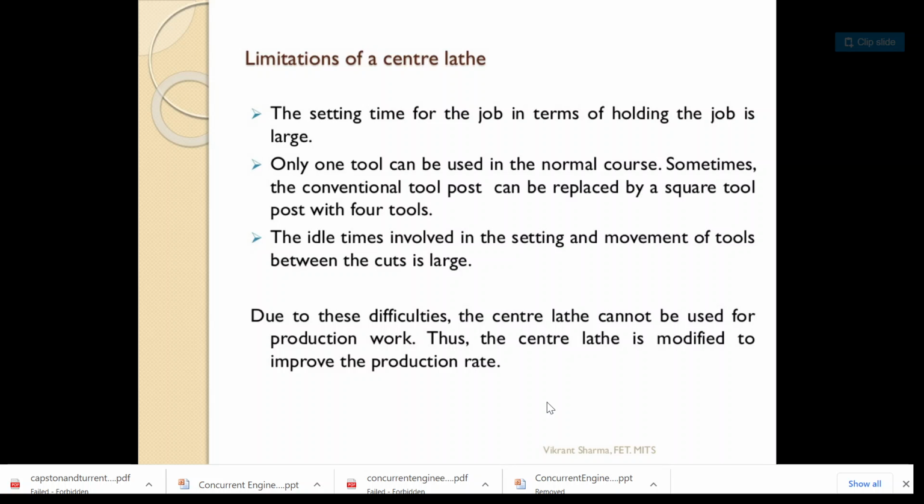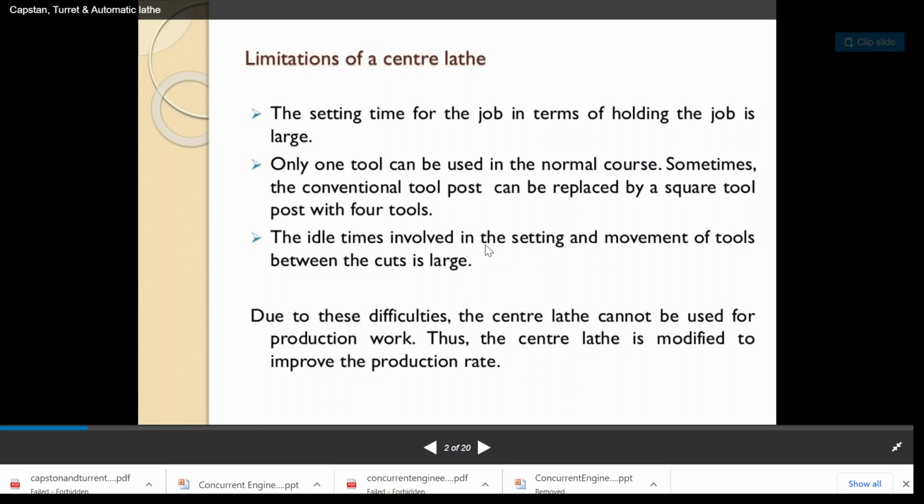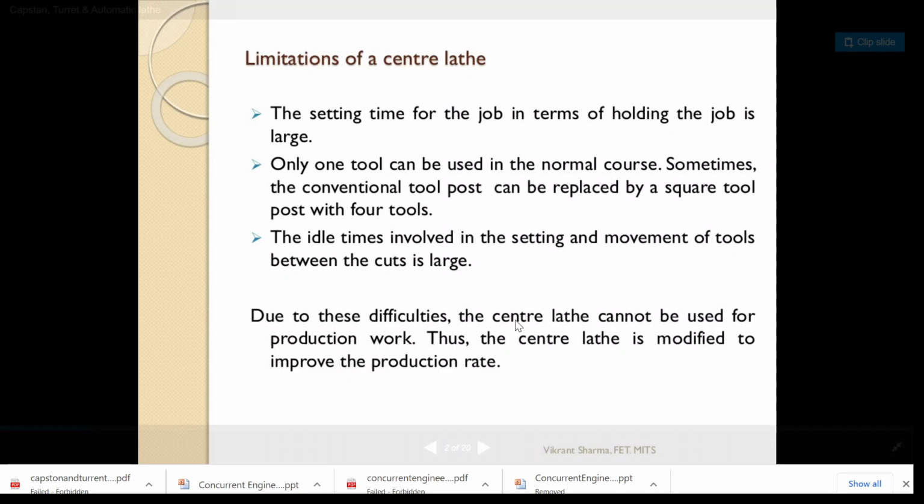tool. Because in conventional type of manual lathe, a lot of limitations are there. In center lathe, a lot of limitations are there, especially when we want to manufacture or machine similar or identical components of many types. For example, in batch production or mass production, the same or identical parts we will be making in large numbers. So in each of this manufacturing, if we are using a conventional type of lathe, after completing